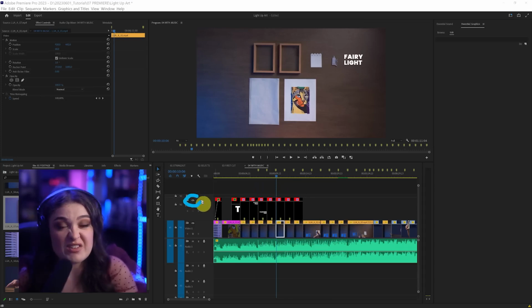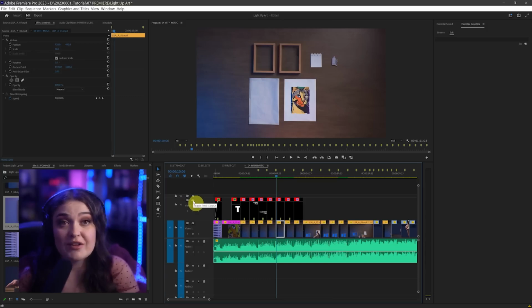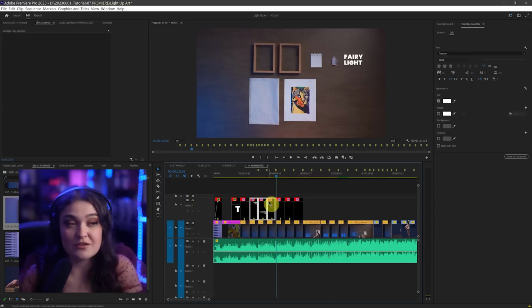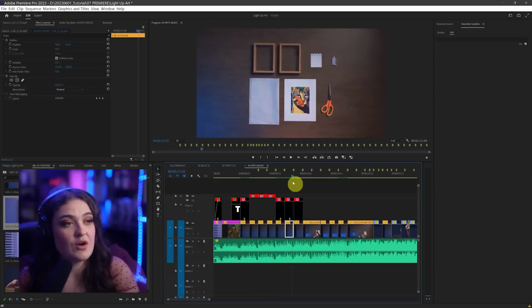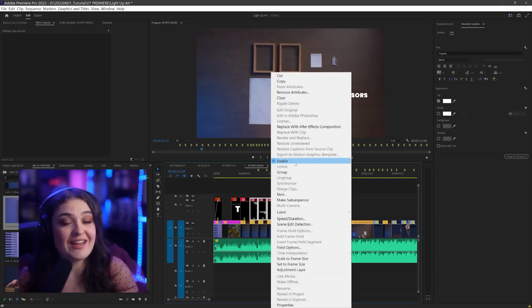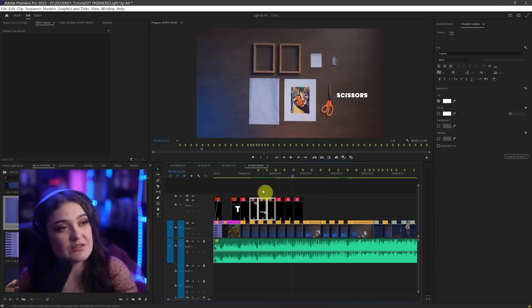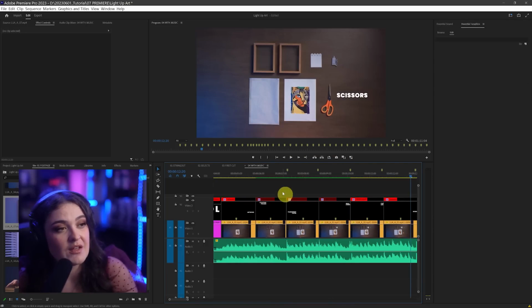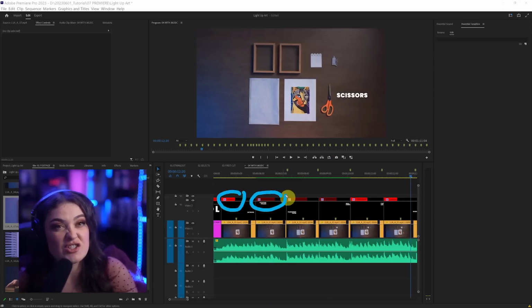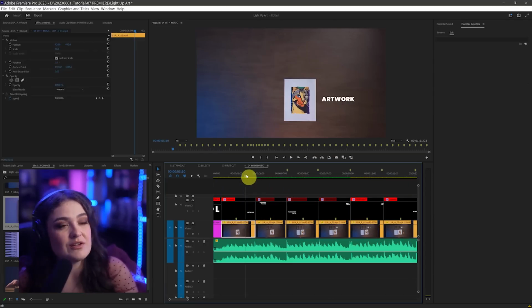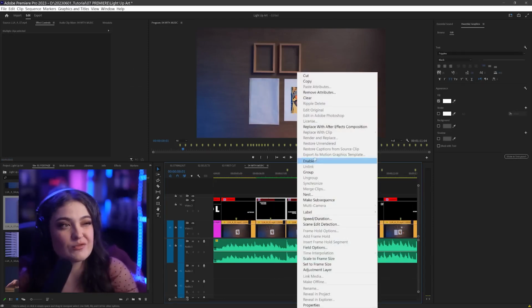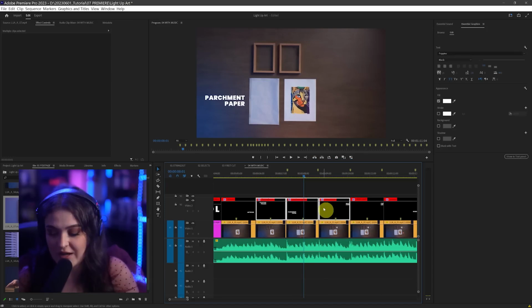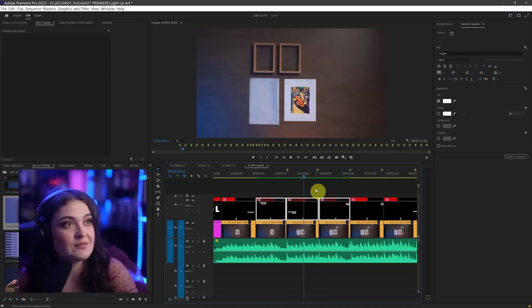Because if I disable the visibility of the whole layer, I disable everything on that layer. So I could take these 3 and move them up and then take off the visibility of that layer. Or something else I could do is I could take these 3, right click, and deselect enable. So see how now they're grayed out? This is like a bright red and this is like a dull red. So you see this one, but you don't see these 3. I'm gonna re-enable them. I could right click, go to enable, or I could just do Shift E